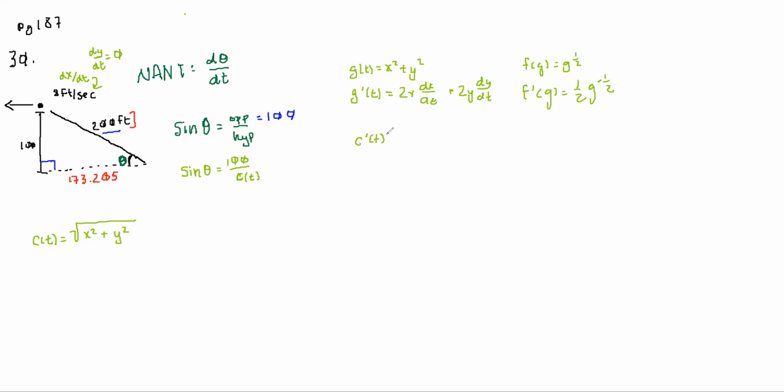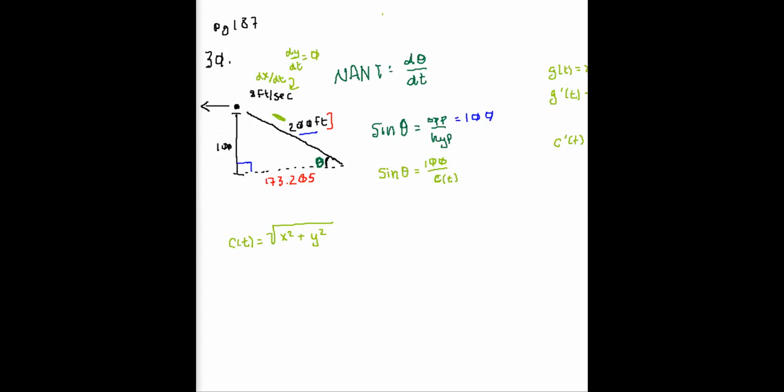C prime of t, the changing of this number, this length right here, is going to be equal to 1/2 times x squared plus y squared to the negative half, times 2x dx/dt plus 2y dy/dt. Okay, now let's go ahead and put some of these numbers in. This is going to be 1/2 times x squared, in this instance 173.2 squared. So